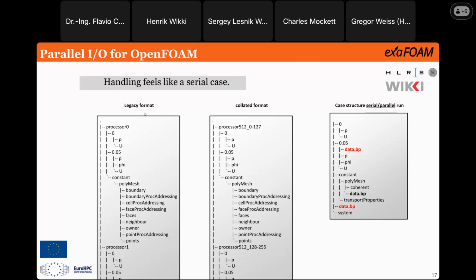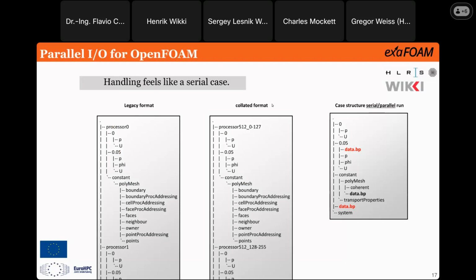That's exactly what is demonstrated here. The legacy format, what could also be called the uncollated format, has your individual processor folders. It quickly extends to what I can show on this slide. So inodes are really a big bottleneck.